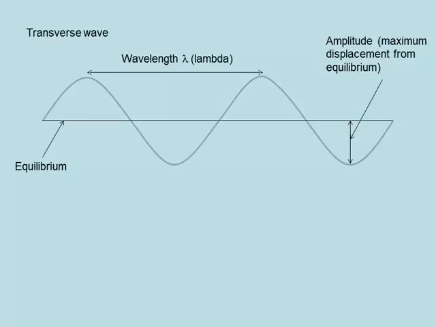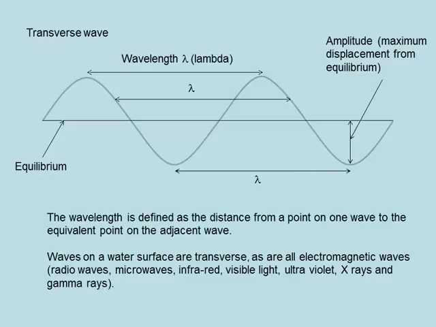The wavelength, which is given the Greek letter lambda, is from crest to crest, or from trough to trough, or from any point on the wave to the same point on the adjacent wave. Again, make sure that your arrow clearly goes from one point to the same point. Don't be tempted to do a short arrow just around about that sort of length. So the wavelength is defined as the distance from a point on one wave to the equivalent point on the